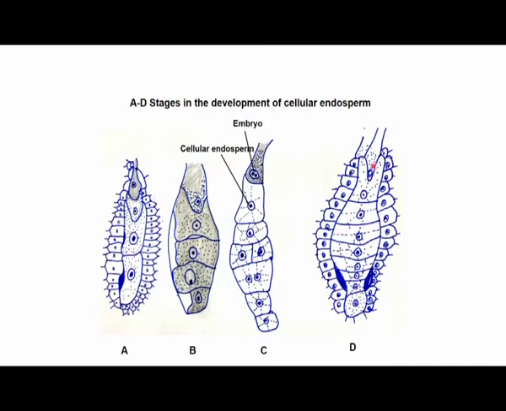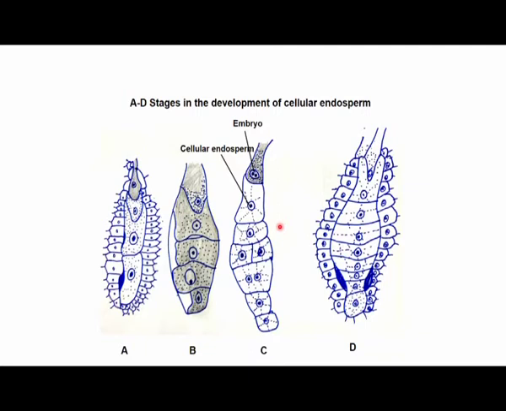So, this is completely different because in this case there are no multiple nuclei being formed, no syncytium is formed, and there is subsequently a formation of cell wall. In this case, as soon as the division happens, it forms the cell wall as well. There are many examples, such as Petunia, Datura and Balsam.